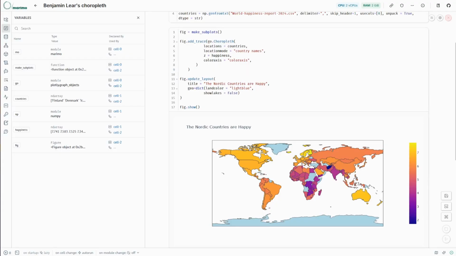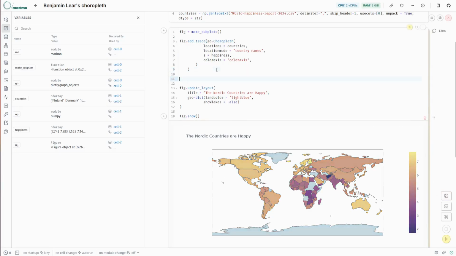Now, when we constructed this plot, what we did was we said color axis equals color axis. We were just giving it a name. And if we give it this particular name, then it's very easy for Plotly to access it. This is sort of the name that it expects. And so that color axis is basically this over here, this scale bar. And so if we want to change something about it, we can say